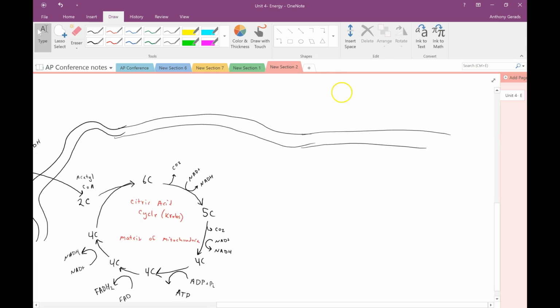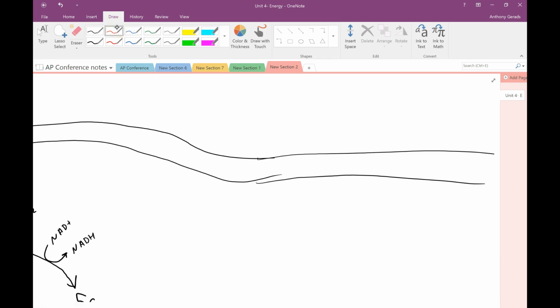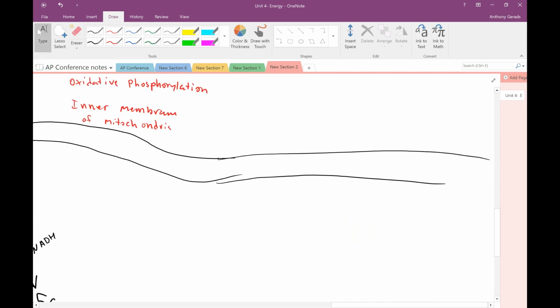Okay, so let's zoom in. This step is called oxidative phosphorylation. And it happens in the inner membrane of the mitochondria. All right, and we've got to look at this now. So if I draw this, I've got an integral protein, peripheral proteins, like these transmembrane proteins. Yeah, everything's cool right there. And then I've got